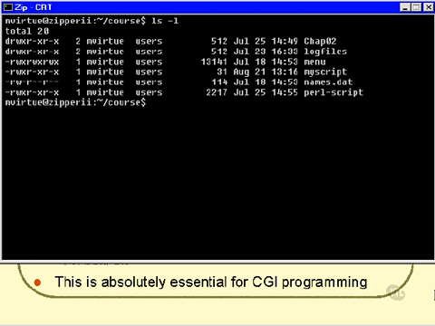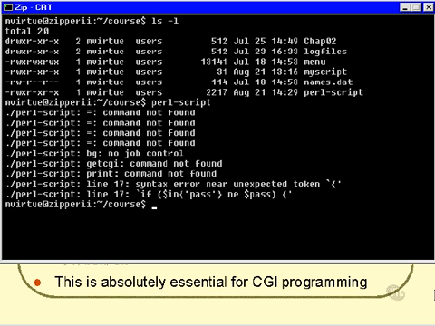In this directory I have a script called Perl-script. This is a script written in the language of Perl, not written in the language of the Bourne shell. Now, it's still an executable file, so theoretically I should be able to execute it. So let's try that. Perl-script, and I get a bunch of error messages. And the reason I get those error messages is I have not specified the script interpreter at the top of that file. So let's now open up Perl-script